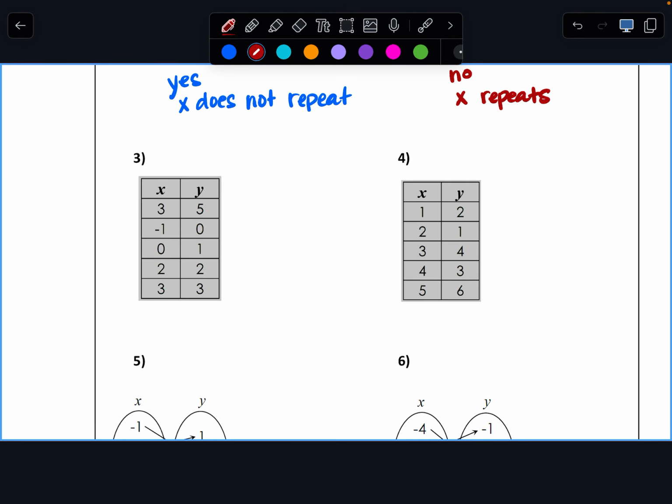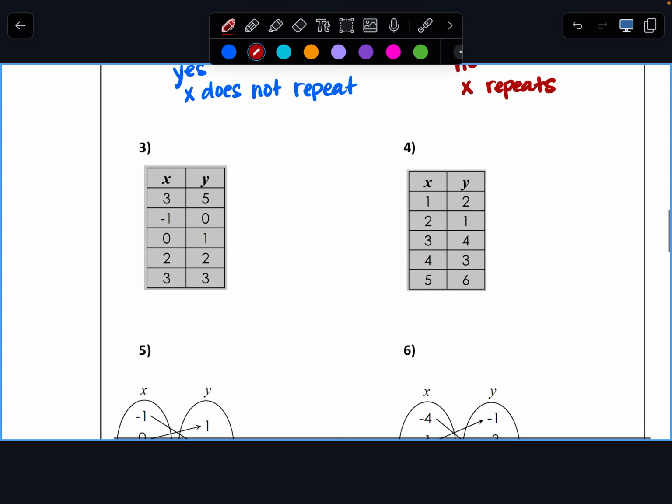Okay, so let's look at now a table. Same information, just presented in a different way. I'm going to look at all the x values in number 3: 3, -1, 0, 2, 3. Now let's look at 3. First time it gives me 5 as an output, and the second time it gives me 3 as an output. So this is not a function